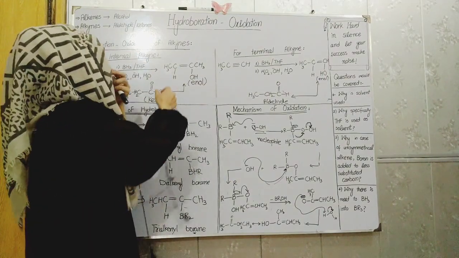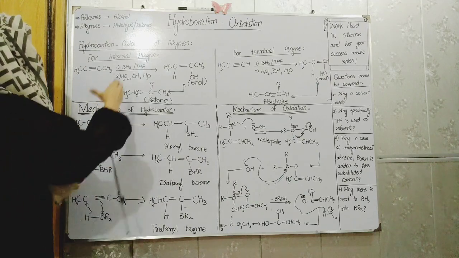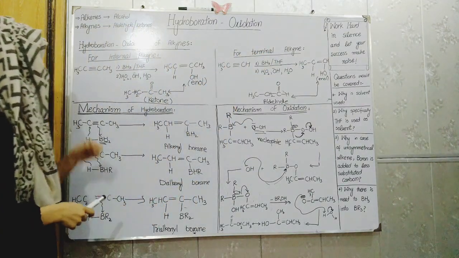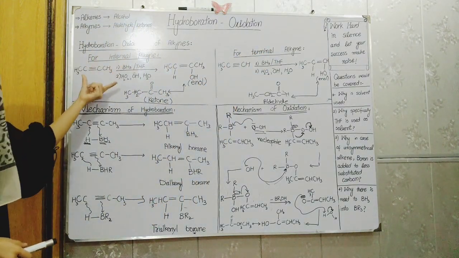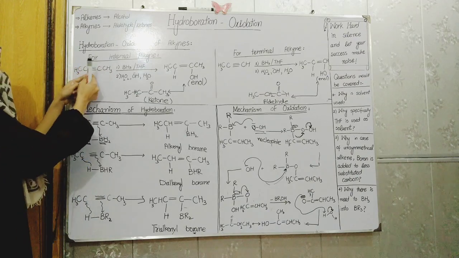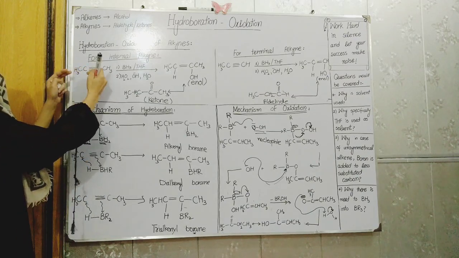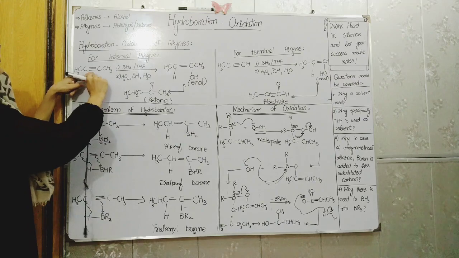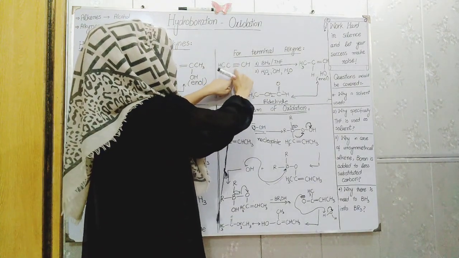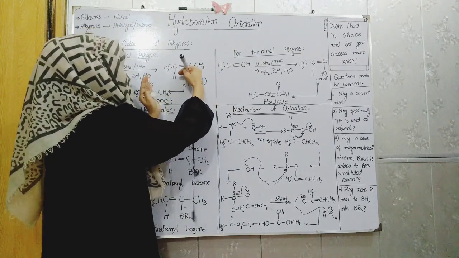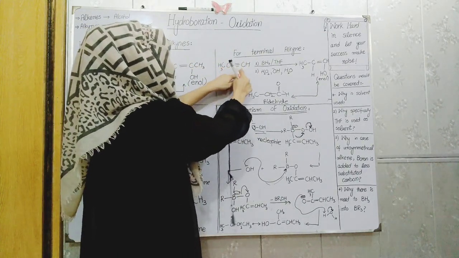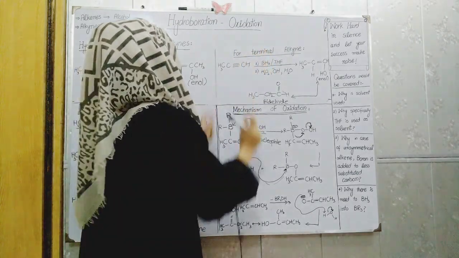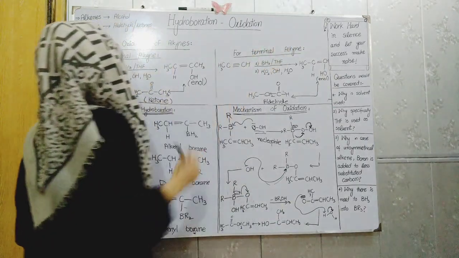As alkenes are categorized into symmetrical and unsymmetrical alkenes, alkynes are categorized into internal and terminal alkynes. In an internal alkyne, the triple bond, meaning the alkyne functional group, is present not at the end but in between the molecule, so it is internal. But if the alkyne functional group is present at the end of the chain, at the terminal, then the alkyne will be named a terminal alkyne.